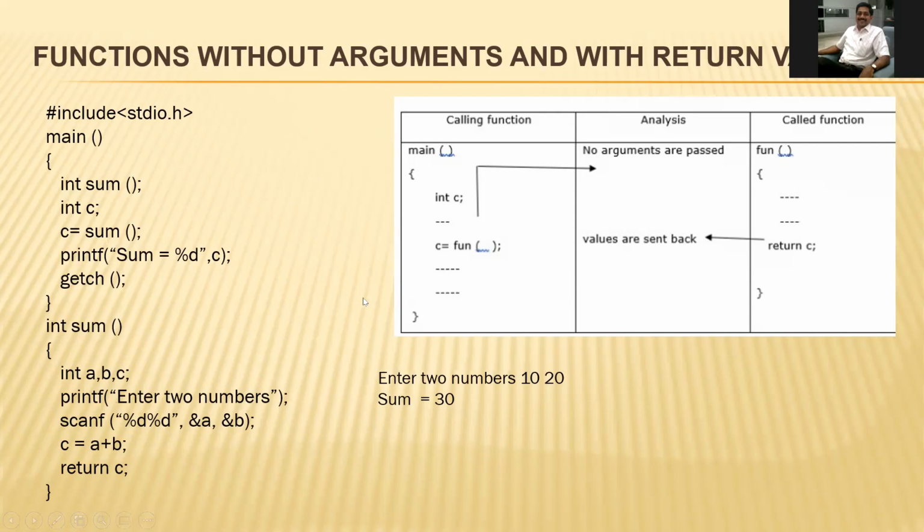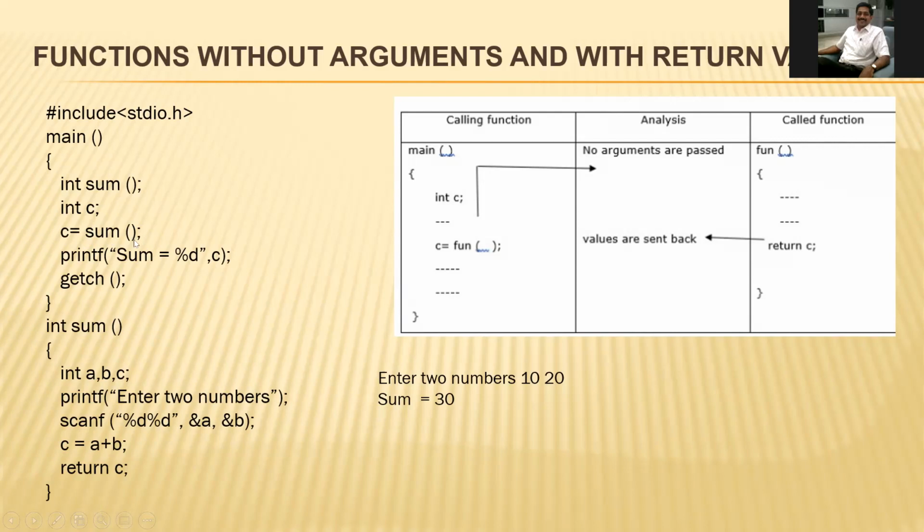So this is one way from the called function to the calling function. One way in the sense that we are not passing arguments from the calling function, and we are only returning the value from the called function. Here is an example: the main function is written, sum is declared here, and integer c is equal to